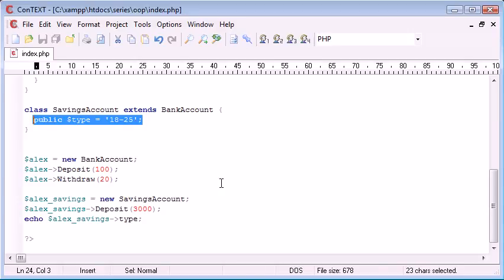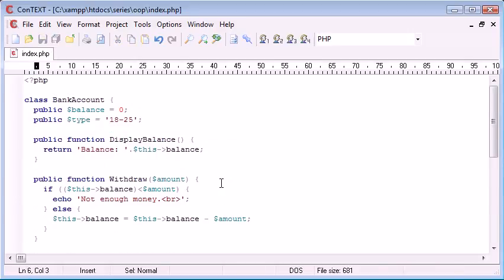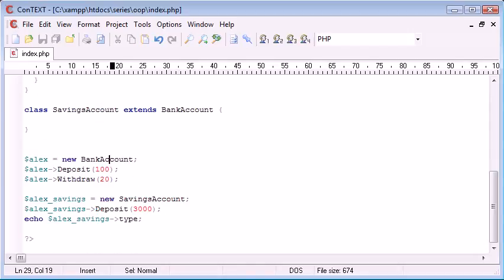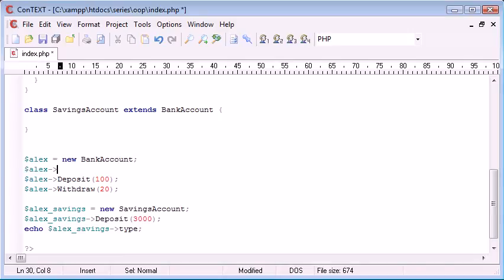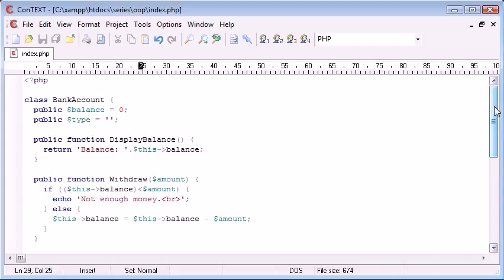But if we did want to use it with bank account, we can cut that from there, we can put it in there, and now what happens is this is available for each instance we create. So what we might do is we might create a new bank account, and then we might say, we might give it a specific value, and we'd need a method to do this. So we could create a new method called